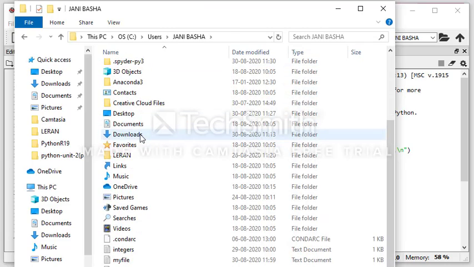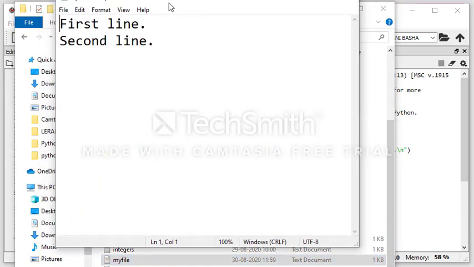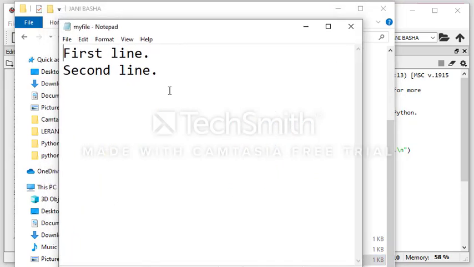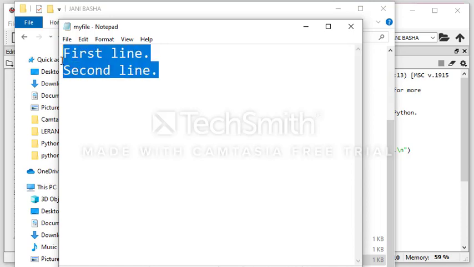In that folder there is a file called myfile. Are you able to see this myfile? When you open it, these two things have been stored, first line and second line. This is the program we have written. We wrote 2 lines, first line then \n, then second line \n. And \n is nothing but what? Moving to the next line. So these are the 2 things we have stored.